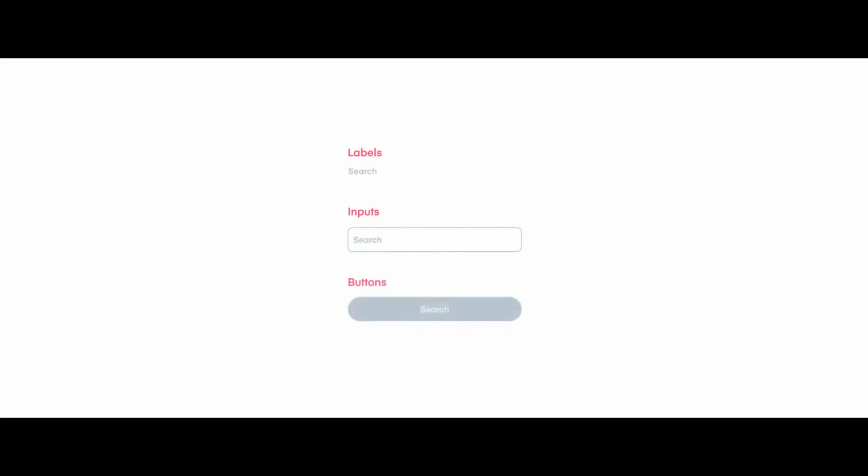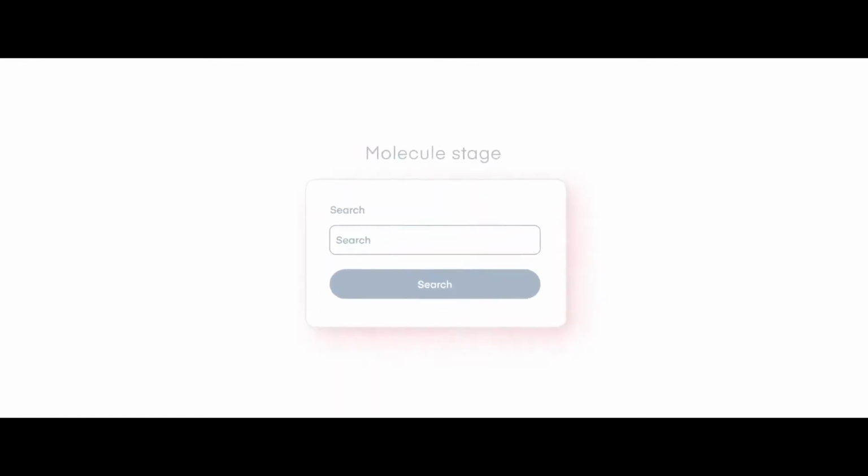When we get to the molecule stage, we take a group of atoms, say a label, an input, and a button, and actually put those things together to form a single field form, like a site search or a newsletter sign up form, right? So now suddenly these atoms have meaning. They have utility. This label atom now describes this input atom. Now clicking this button will submit that form. So now we have this nice little encapsulated component that we could drop in anywhere we need this single field form. But again, that's also not terribly useful just as its own little unit.